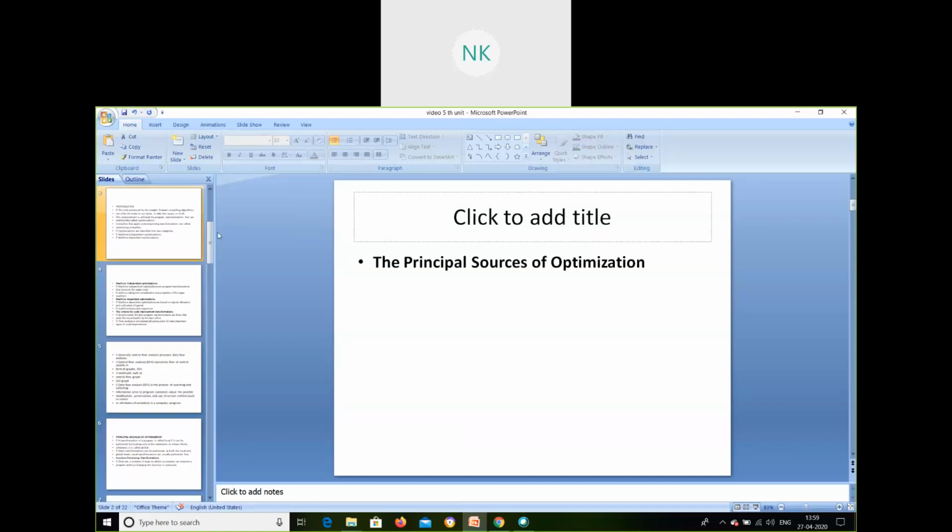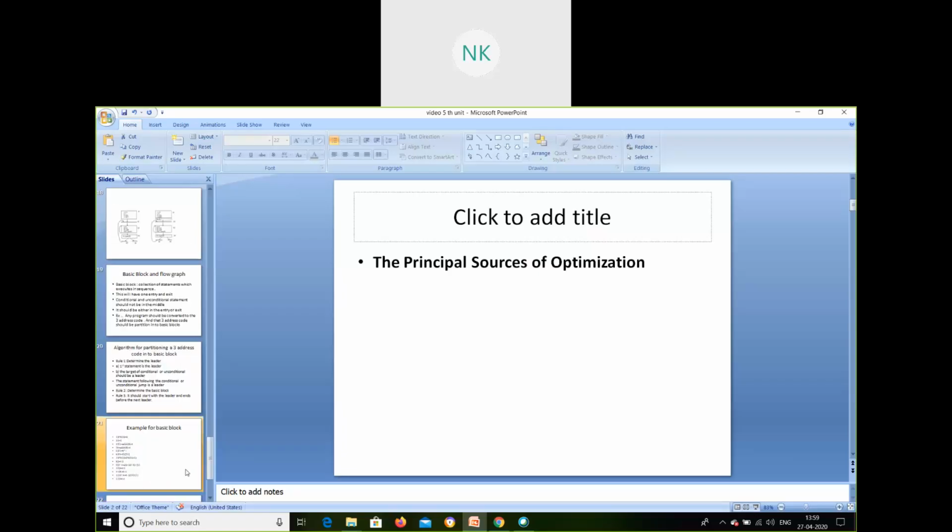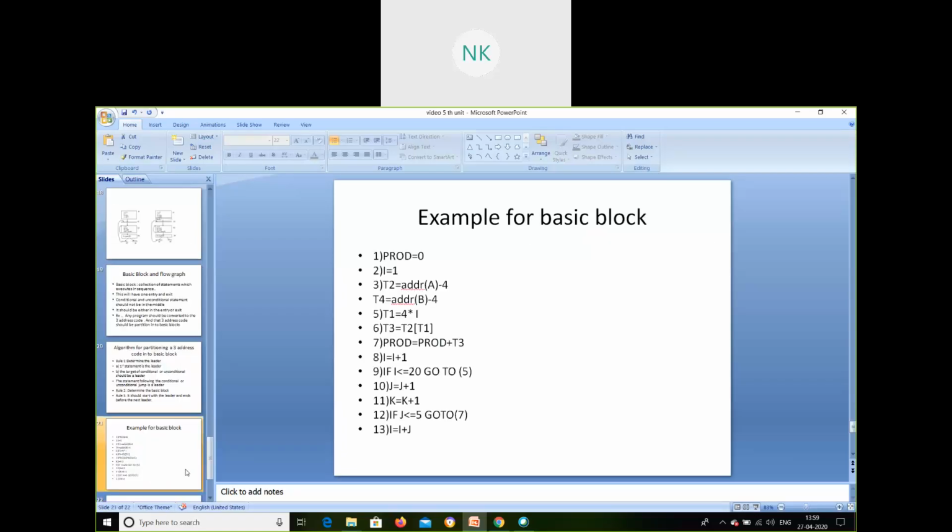Right? Before the code optimization phase, we had a phase called intermediate code generation. In the intermediate code generator, we had a code like this. This is the code you get from the intermediate code generator, correct? This code has to be converted to the actual assembly level language.